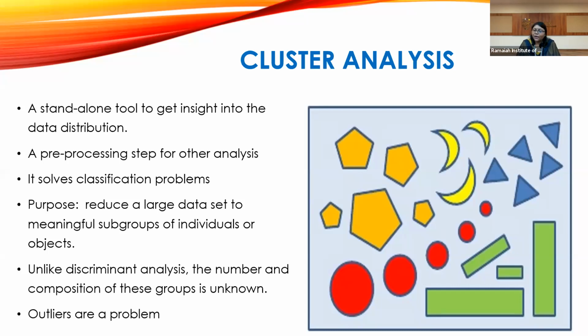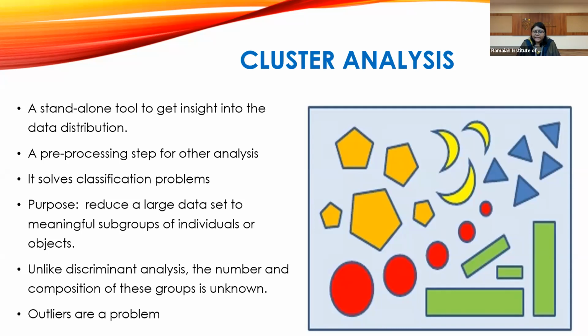Now in this case, obviously identified with the color, you can see all these objects are with different colors. So it is easy to identify. Now you can do this with your human eye, but what happens when all this data goes to a computer? Now it requires an algorithm. That means there is some mechanism which is going behind this cluster analysis. So let us check out what is there in this cluster analysis and how SPSS, or how these tools, use it to go for this analysis.